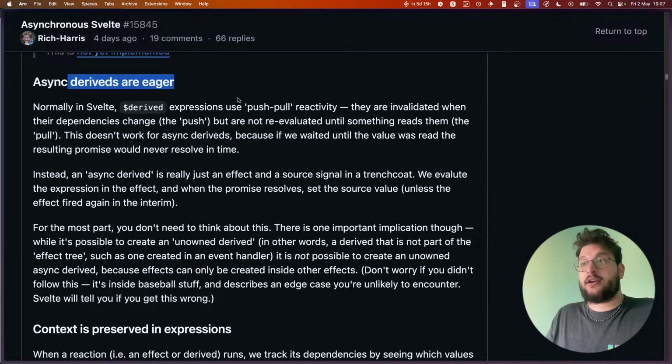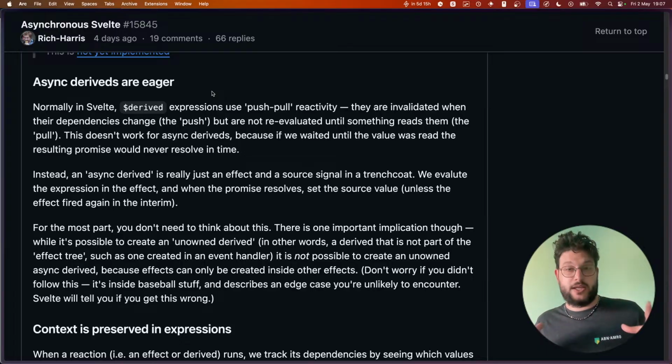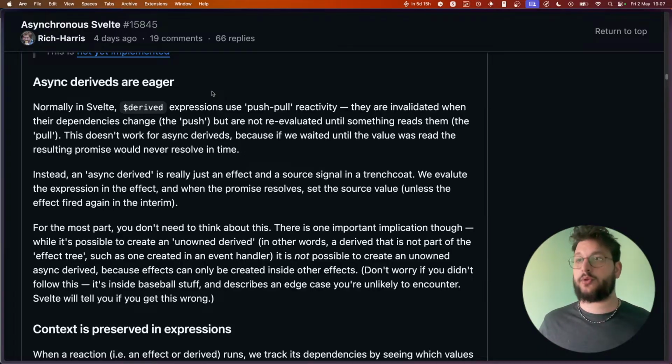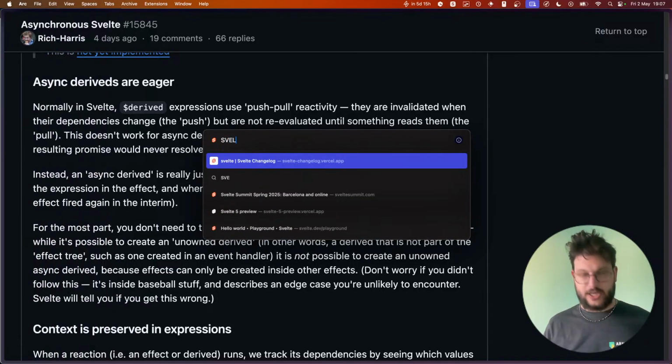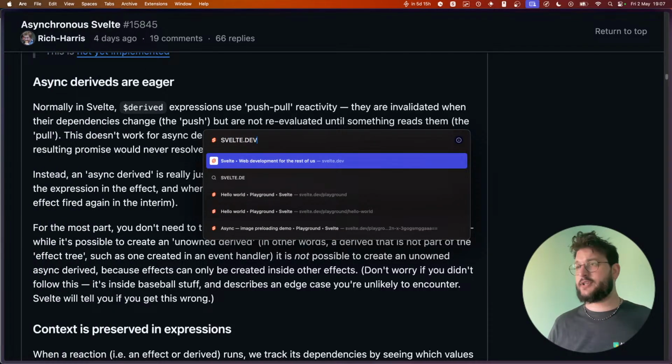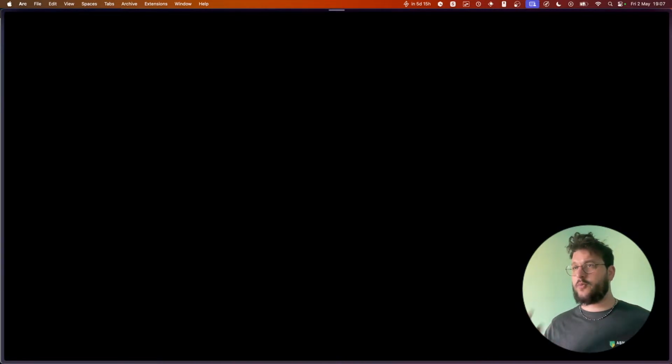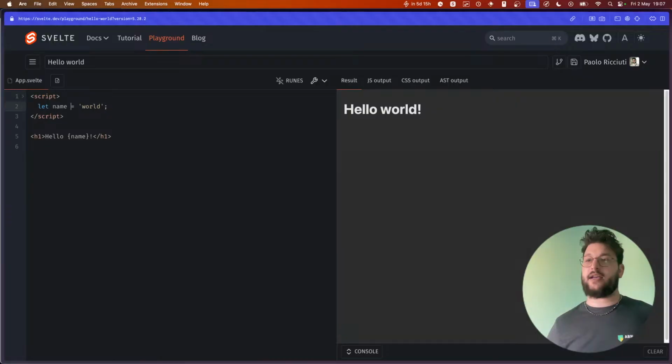Async deriveds are eager. As of today, a derived in Svelte is not actually executed until it's read. Let me show you. If I go to svelte.dev/playground,